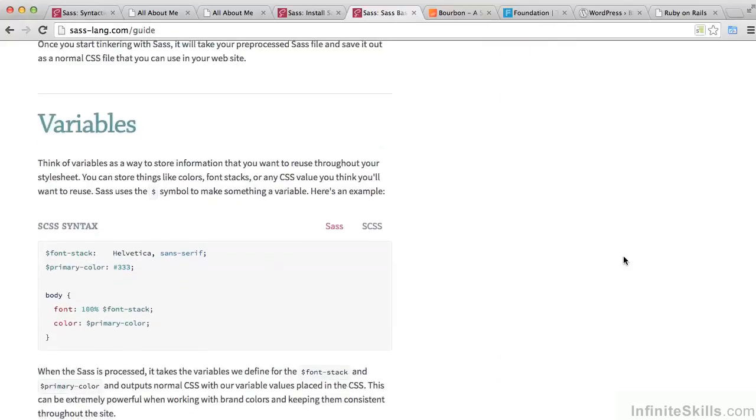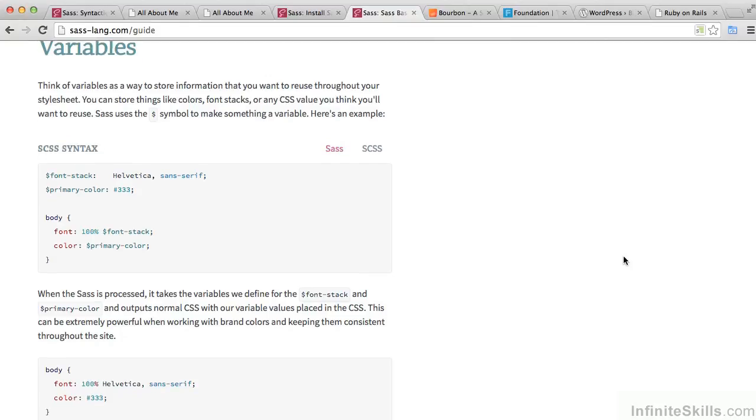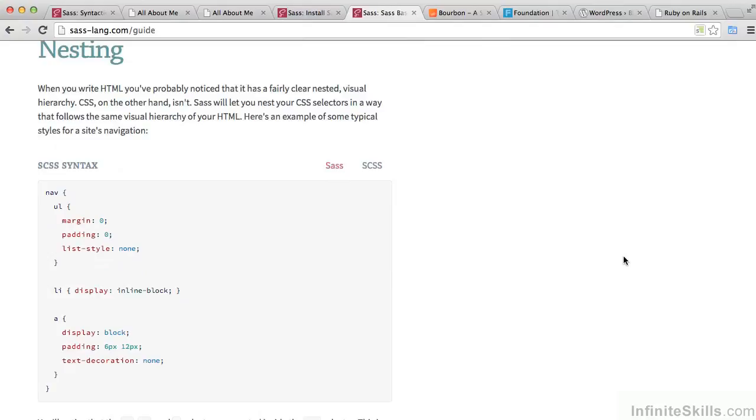We'll talk about variables and how using variables can simplify your life, make it easier for you to make changes quickly to a page or to a site, to come back later and tweak things. Sass variables are one of the great features of the language. We'll talk about nesting, how Sass, unlike traditional CSS, allows us to nest elements together inside of each other and save on some of the repetitive coding we'd have to do without that feature. We'll also talk about some downsides of nesting and some things to avoid in going perhaps a little too far